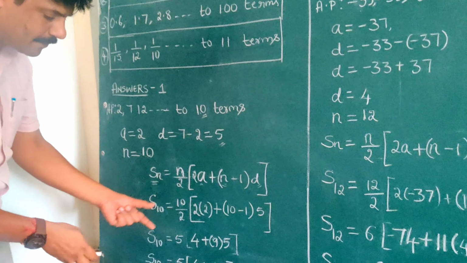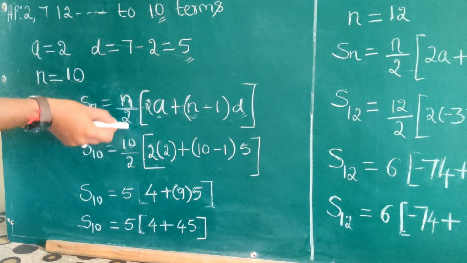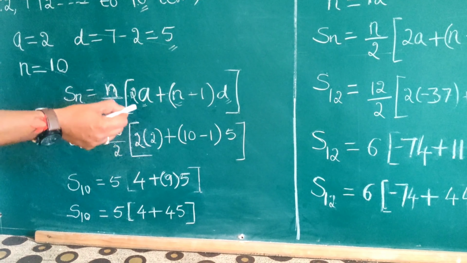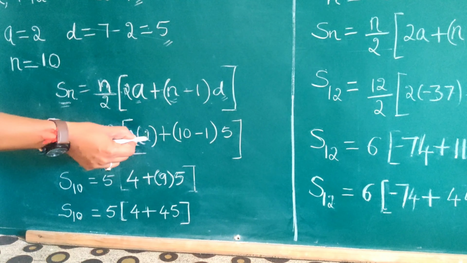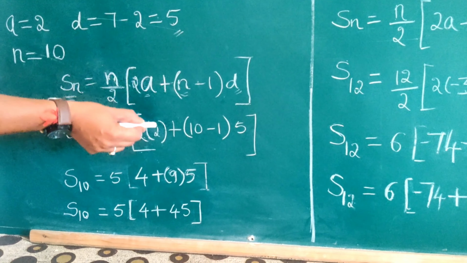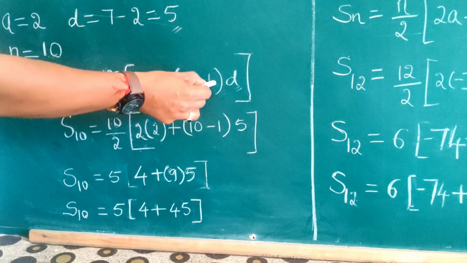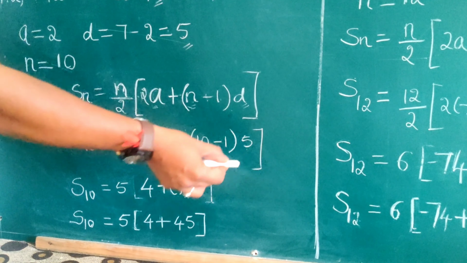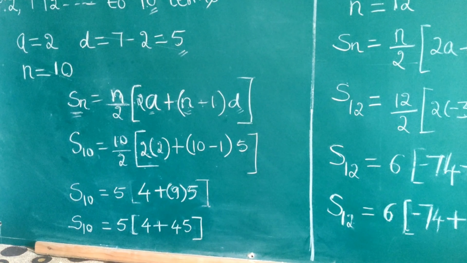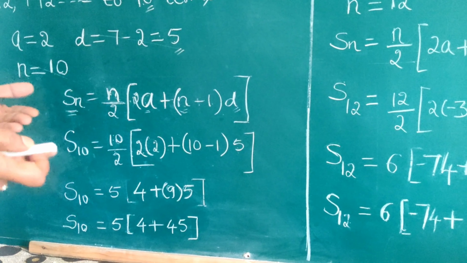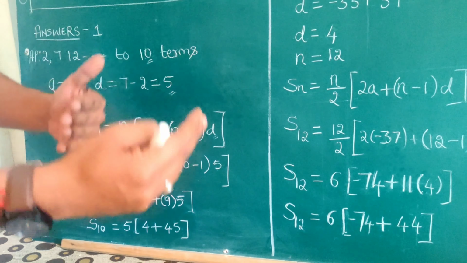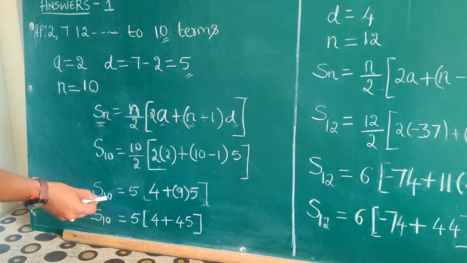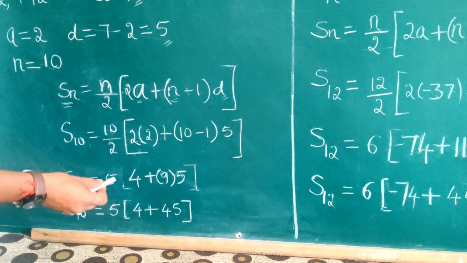Sum of 10 terms is equal to n by 2, which is nothing but 10 by 2, into 2a becomes 2 into 2. Why? Because a is 2, plus n minus 1, n value is 10. So 10 minus 1, into d, which is nothing but 5. So into 5. So substitution is made. Now next process is operations. 4 operations as usual, you know that. S10 is equal to 5 into